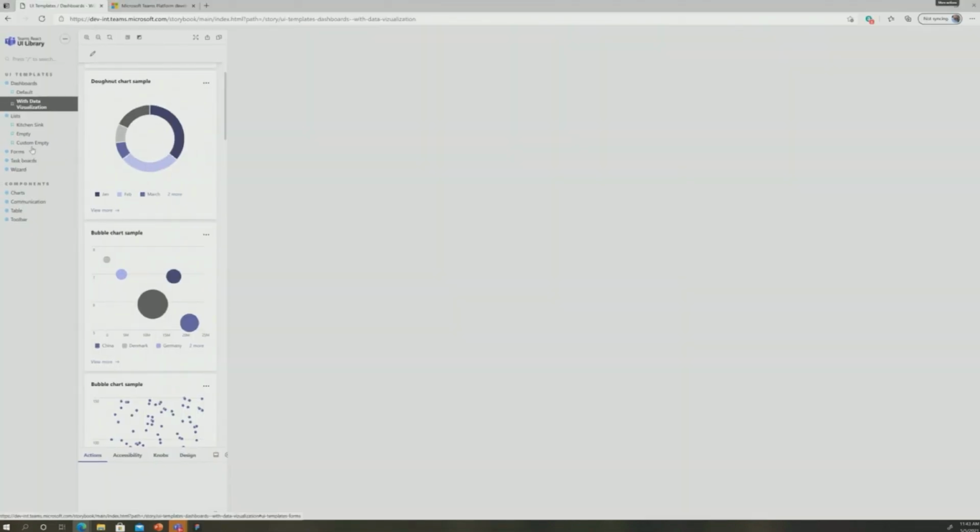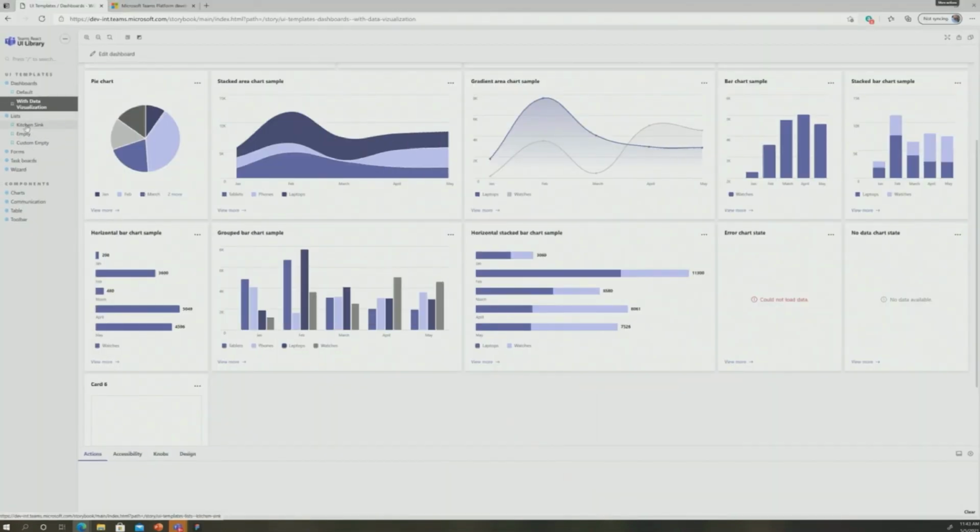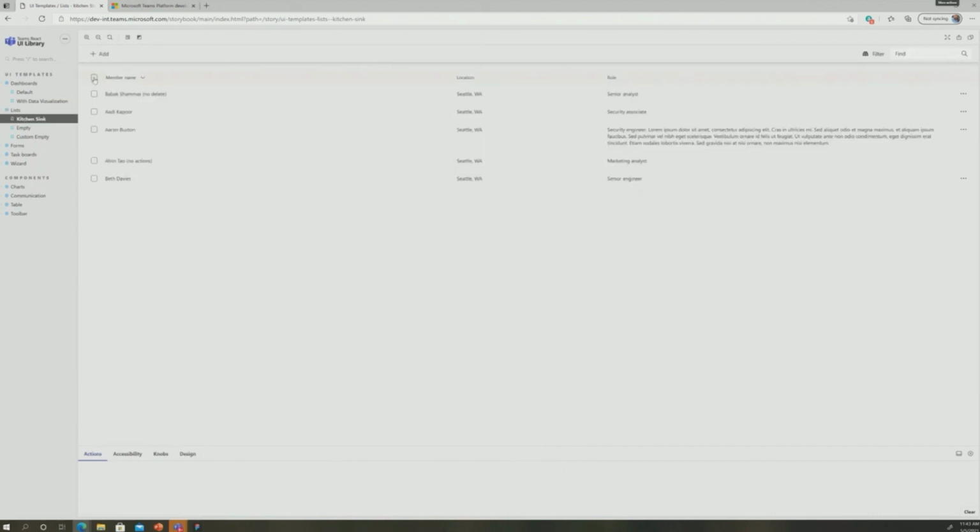And then you can see here that we have another example of the list control, which shows the multi-select state. This again is also fully responsive. We have all the primary actions at the top, the filter control and behaviors there, and also the find control and how you can use that. So we're going to have a live code demo, so I'm not going to go into too much more detail